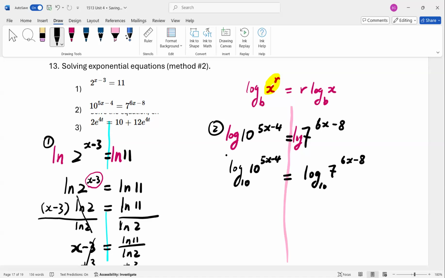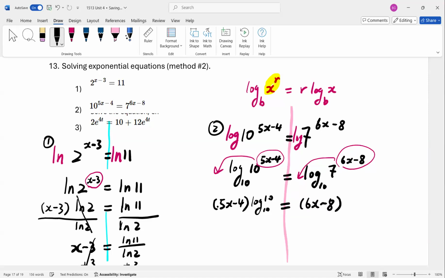Okay. The argument on the left side is a power now. The argument on the right side is a power now. And we can use the power rule to move the exponent in the argument in front of the log. So we're going to move this part in front of the log. Then we would have, please do not forget the parentheses. Yeah, 5x minus 4 is the whole thing. Use the parentheses. And then log with base 10 of 10 equals, same thing, (6x minus 8), use parentheses, times log